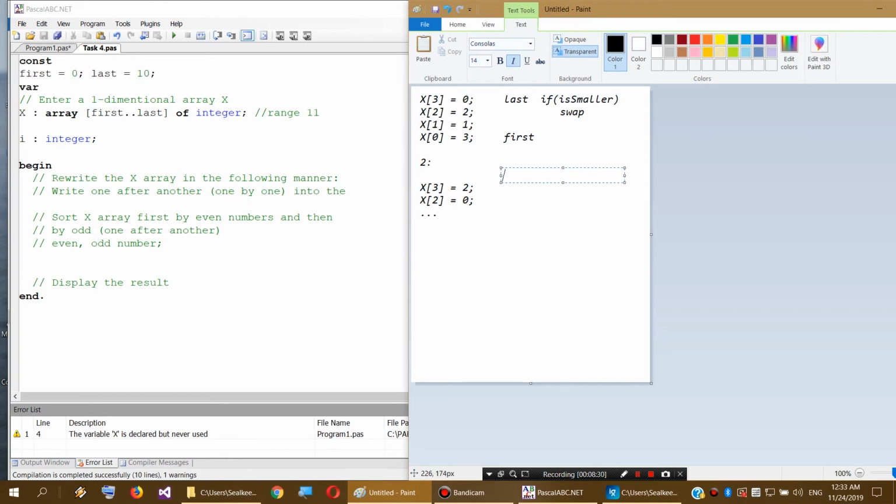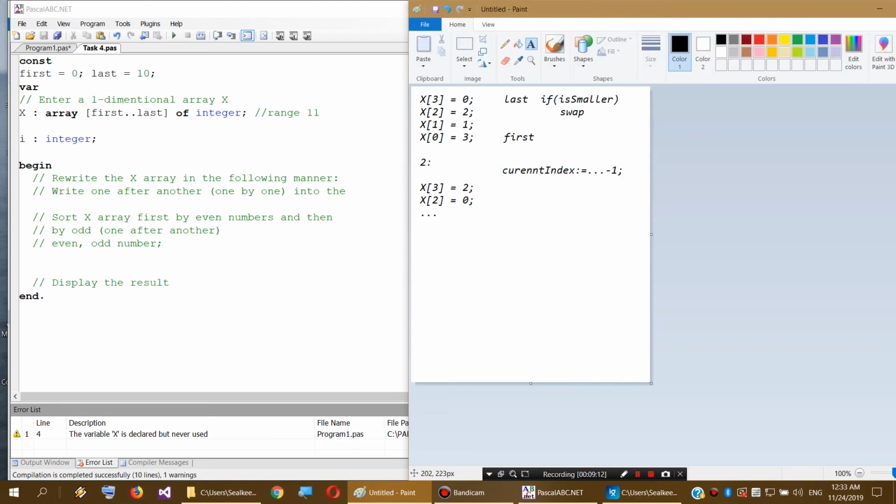So it's gonna be in descending order from last to first indexes, and the current index is gonna decrease by 1, and this will allow us to place the value 0 in the ascending order